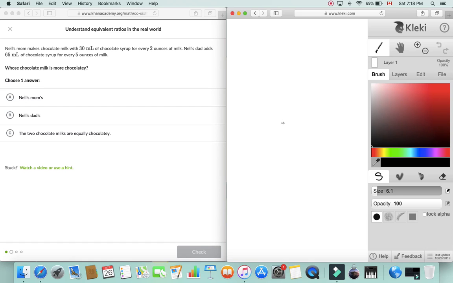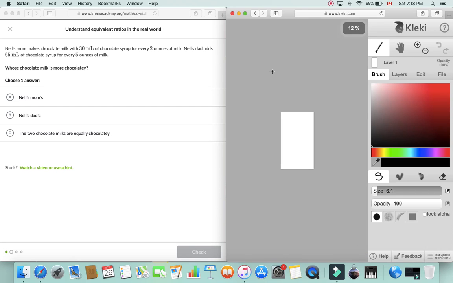Noah's mom baked chocolate milk with 30 ml of chocolate syrup for every 2 ounces of milk. Now, wait, who drinks chocolate with water? Okay, I don't know. Noah's dad adds 65 milliliters of chocolate syrup for every 5 ounces of milk. Well, first of all,